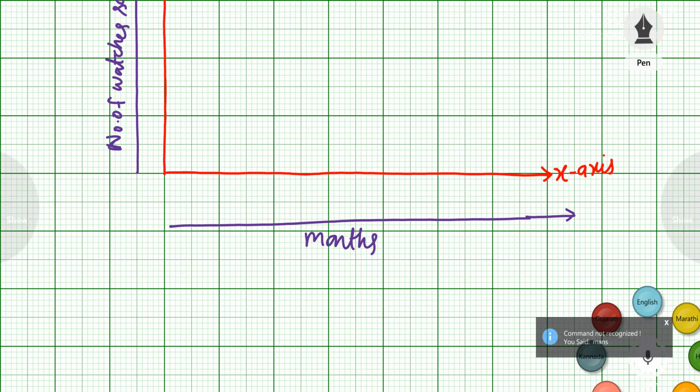Now, what data have I been given? Data is 500, which means I will write 0 here. First one is 500. Second one is